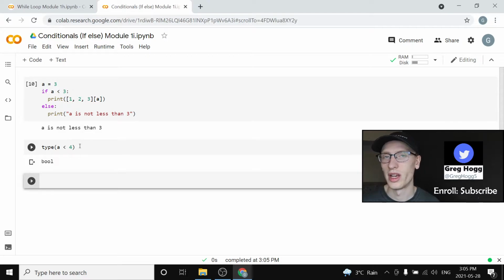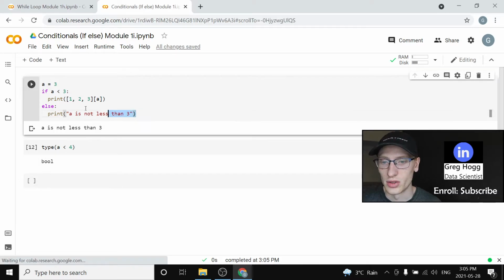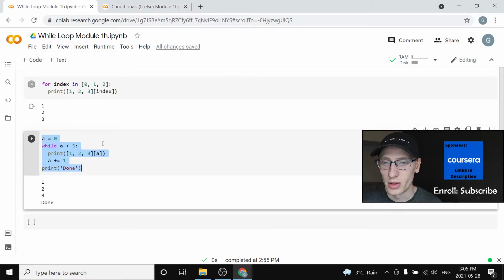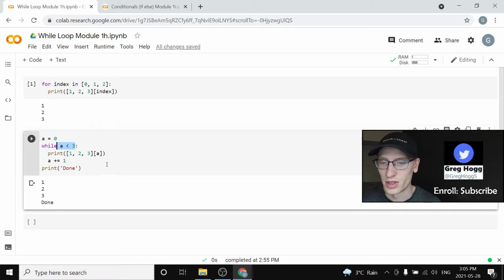Okay, that's why we care about that idea of Booleans, whether it is or is not something, because a lot of the time we either do want to loop or we don't want to loop anymore, or we do want to run this code or we don't want to run this code. If you're talking about it just once, that's an if statement. And if you're talking about doing your loop, we're saying, okay, check this condition. If it's true, then run this code, and then keep checking that until it is false, and then give up